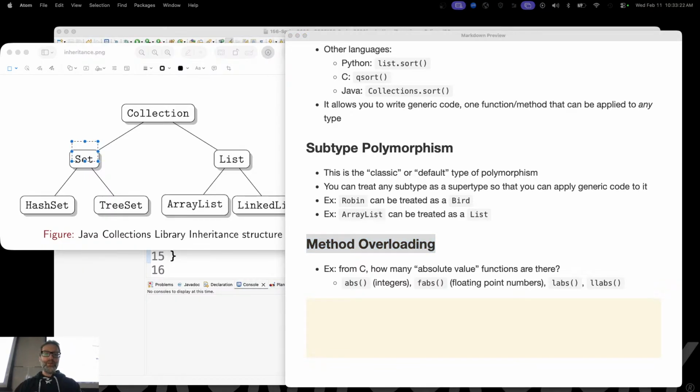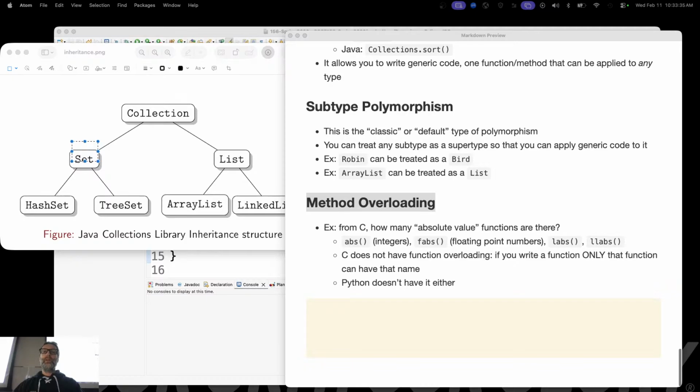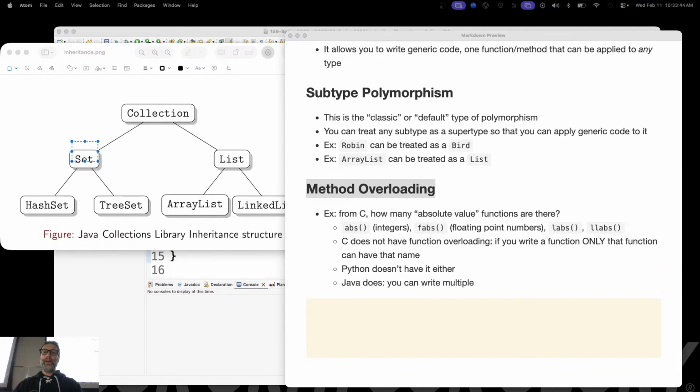C doesn't have function overloading, right? If you write a function, there's only that one function that can have that name, right? So absolute value, if I just go abs, then that can only be applied to integers. Python, by the way, doesn't have it either, right? Python does not have function or method overloading, right? However, Java does, right? You can write multiple abs functions, or methods, I should say, that can be applied to multiple types,